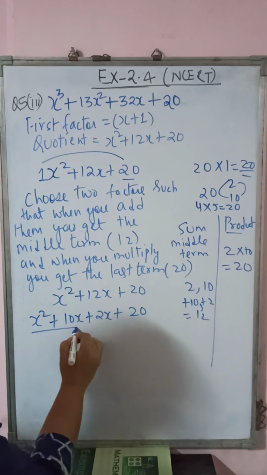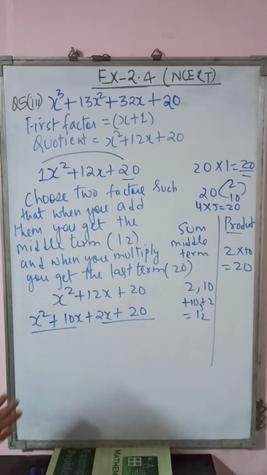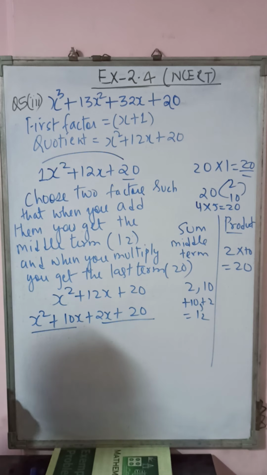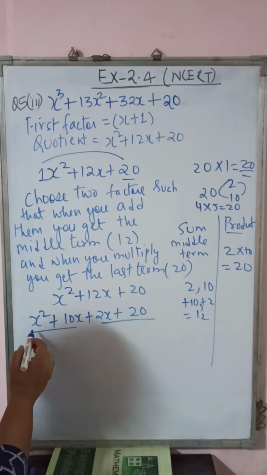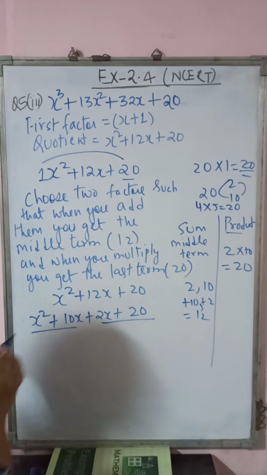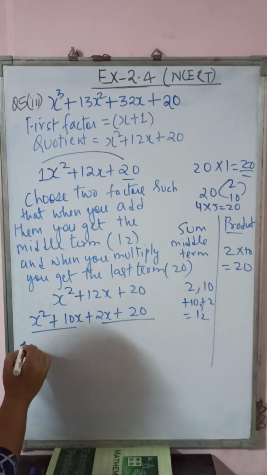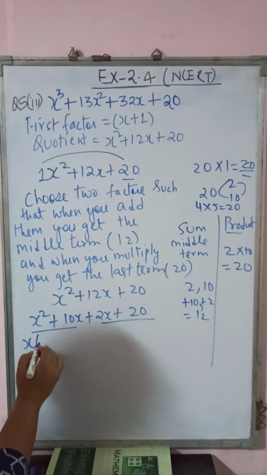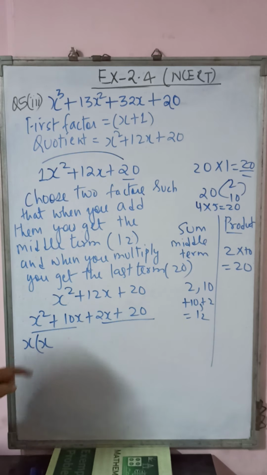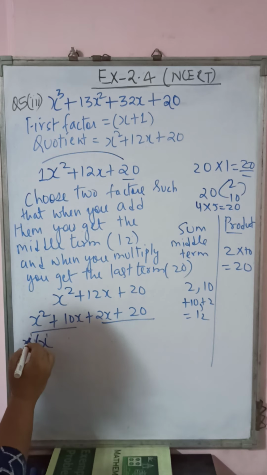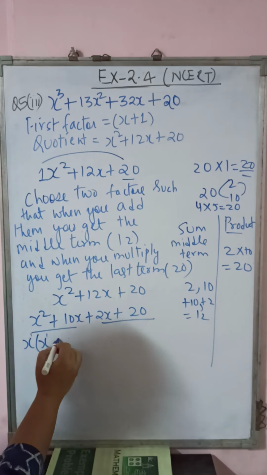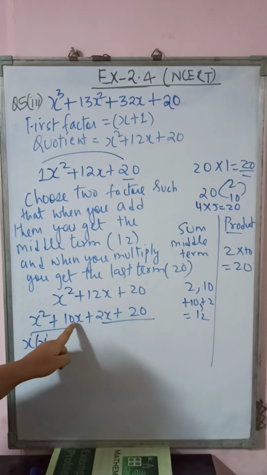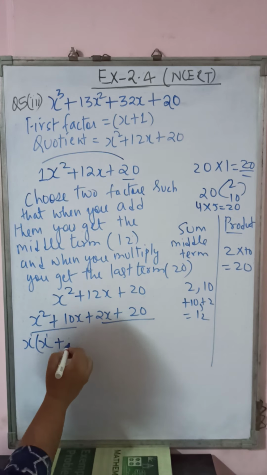Again the next step, grouping of terms, so that we can take out something common from that combination. When I group these two together, x square plus 10x, what is most common that you can take outside the bracket? x. So I have taken x out. Now this is x square, so what should I write inside? x, because x into x is x square. How is x into x, x square? Add the powers, so 1 plus 1, 2. Again keep the sign. Now again compare this term 10x with x. In 10x, x is already outside the bracket, so what should you write inside? 10.